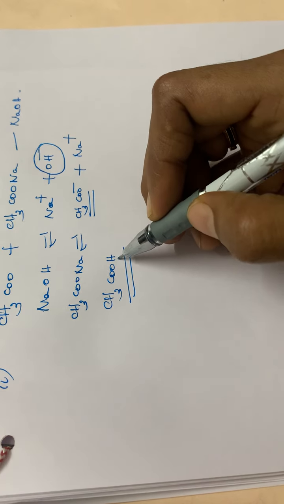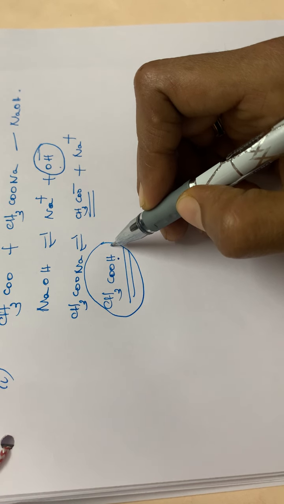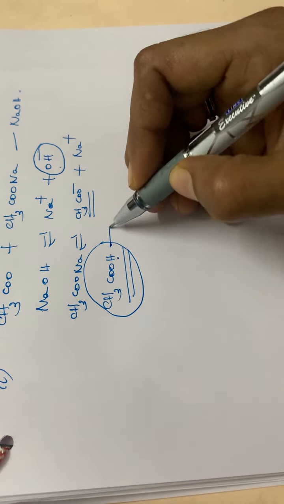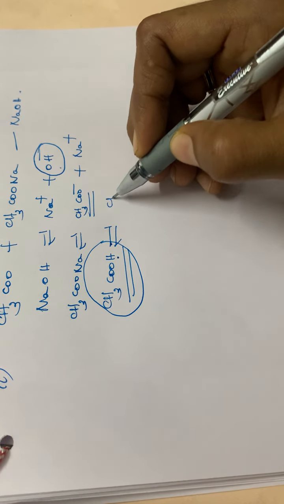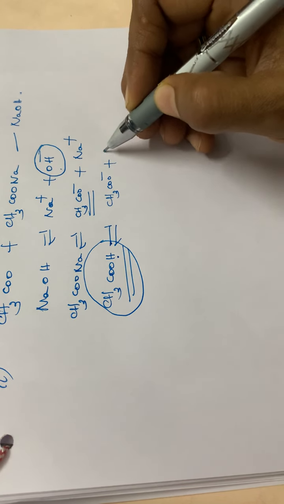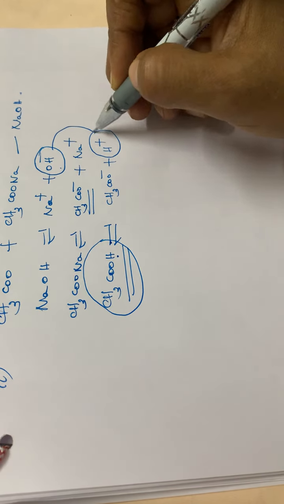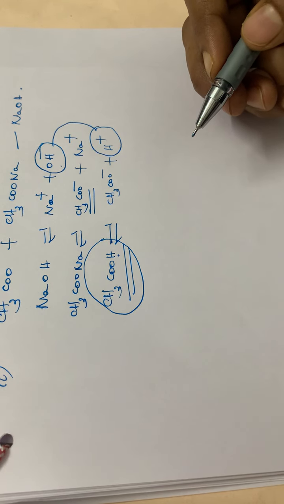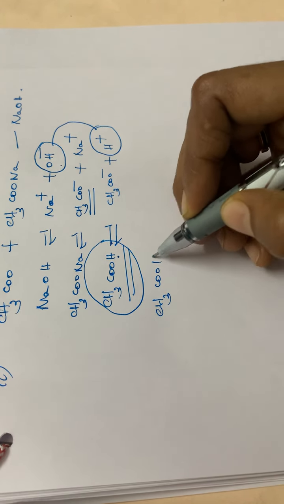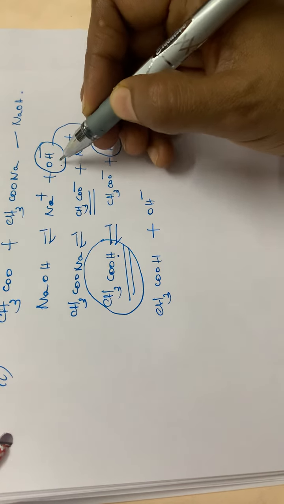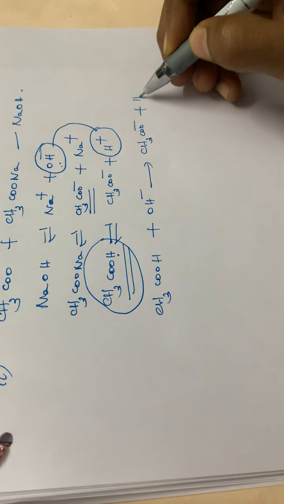So this OH minus will be abstracted by this acetic acid. Okay, the OH minus will be abstracted by this unionized acetic acid. That means it will be ionized very feebly, isn't it? So CH3COO minus plus H plus, a very low concentration of H plus will be there, and this H plus and this OH minus will be combining together, or this acetic acid will be abstracting this OH minus to form CH3COO minus plus H2O.